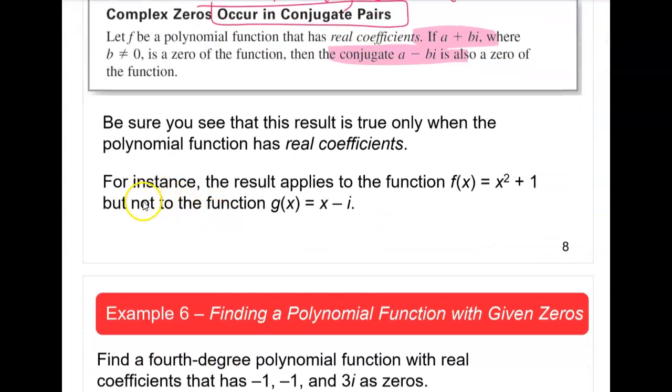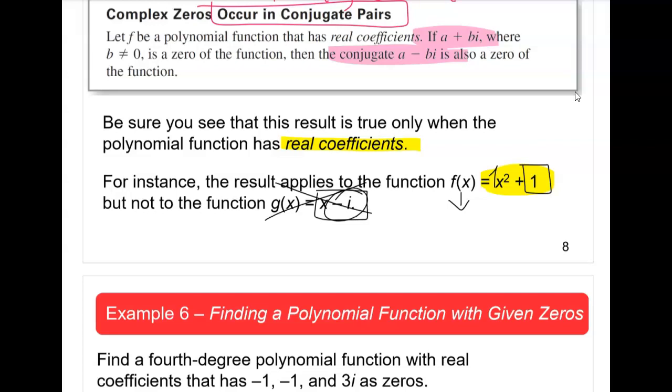So let's see here. For instance, that applies to the function x squared plus 1. Let's read the statement before. It says, be sure to see that this result is true only when the polynomial function has real coefficients. So here we have real coefficients. The coefficient of x squared is a real number, a 1. And the next one, which is a constant term, is also a real number. So here, the coefficient of this function is not a real number, so the theorem does not apply to a